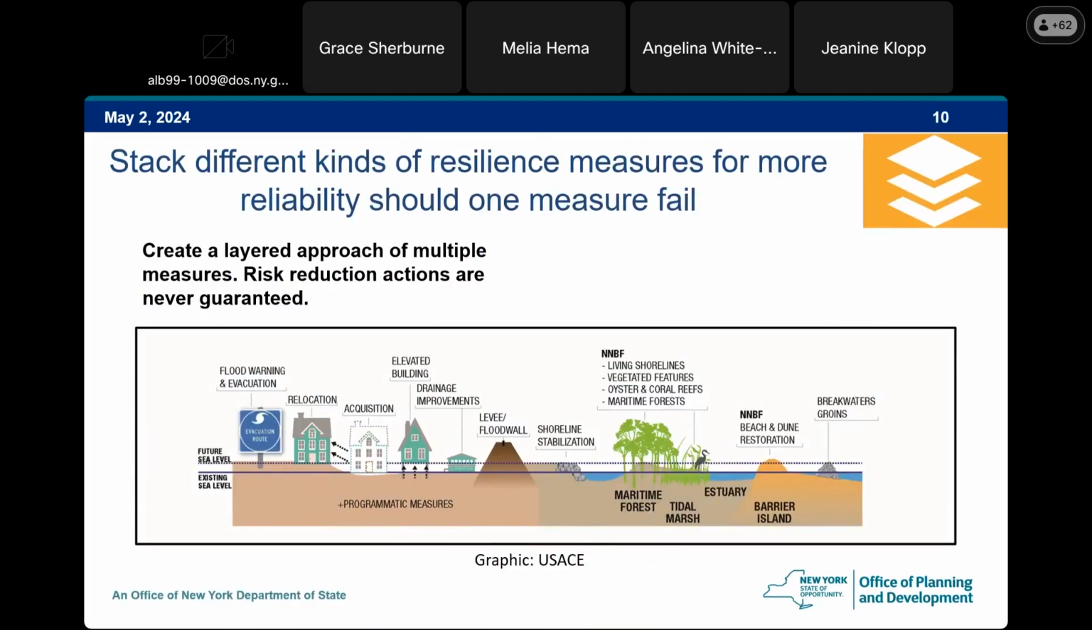Next is stacking different kinds of resilience measures for more reliability should one measure fail. The goal of this principle is to help reduce the likelihood of impacts due to failure of a singular risk reduction measure. Risk reduction measures like levees, restoration approaches, and drainage improvements are not guaranteed. Along with stacking approaches, mix different approaches as well, as they all perform differently under different conditions and for different